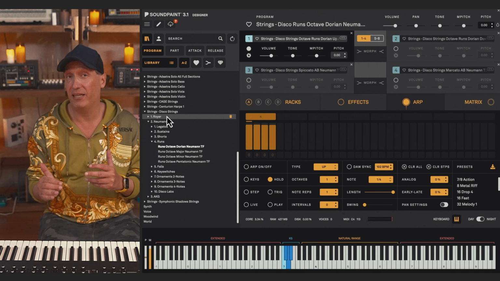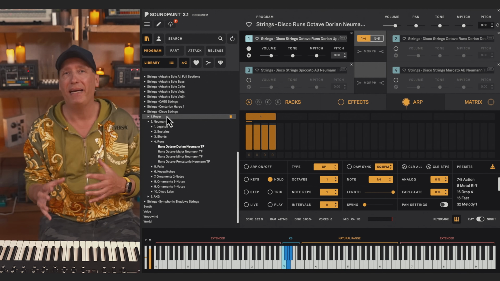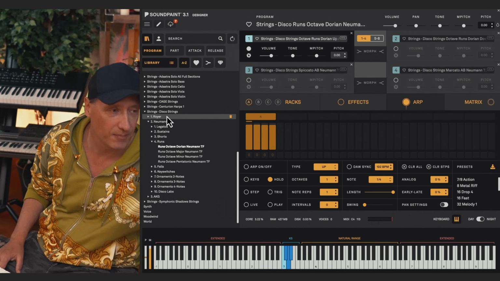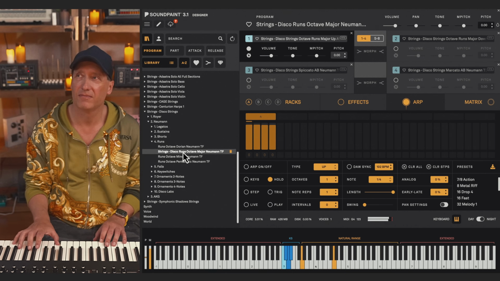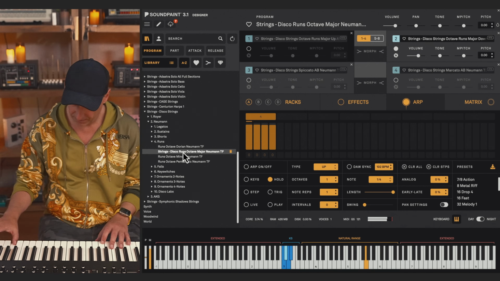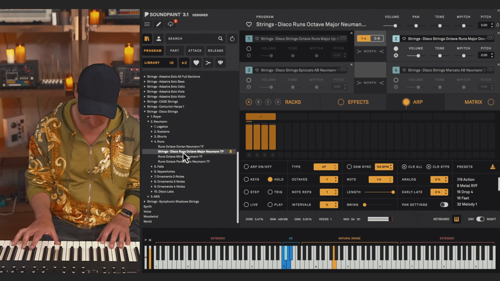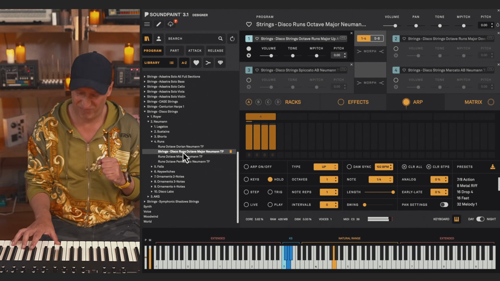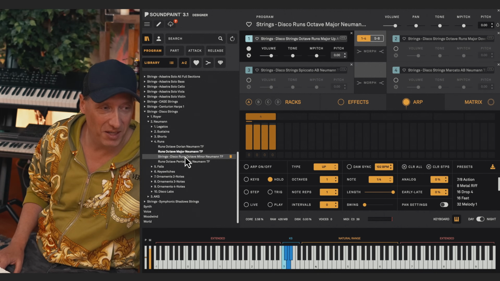Now, this was Dorian runs. As I mentioned, we also have them in major and minor and pentatonic. Here's the major. Let's try the minor runs as well.